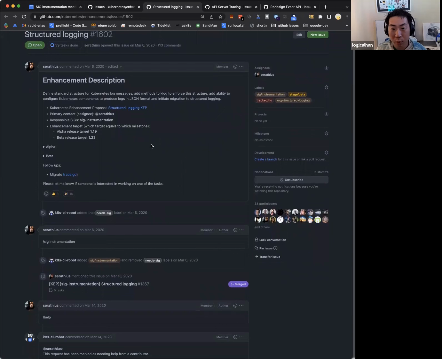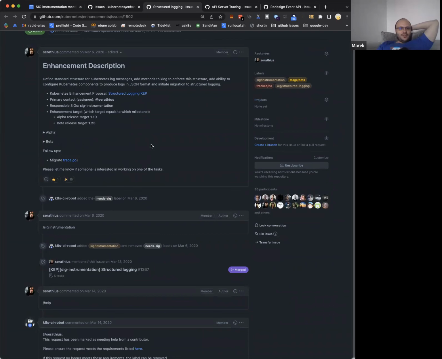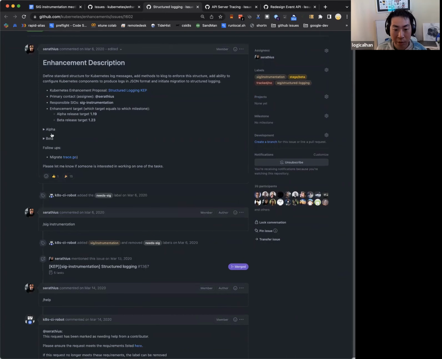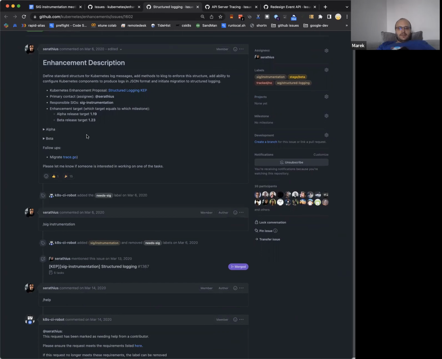Structured logging. You guys have a working group. We probably don't need to track this here. Yeah, you should make sure that we are doing something. What state is this in? Beta? You guys are done with beta, right? So we are planning to migrate the scheduler in 1.25. The scheduler was migrated, but we are doing the contextual logging, so basically we are merging two migrations into one.